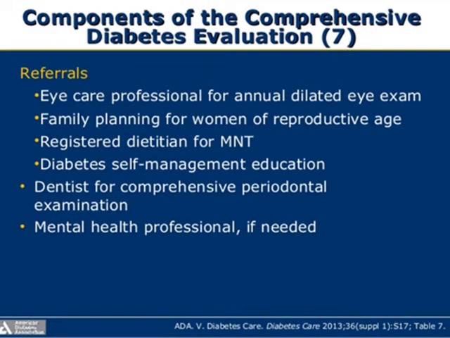When we refer the patient with diabetes mellitus, we refer the patient to an eye care professional for annual dilated eye examination and also for family planning for women of reproductive age. A registered dietitian for medical nutrition therapy, diabetes self-management education by the diabetes nurse, which is a very important part in the diabetes team. And also, we can refer the patient to the dentist for comprehensive periodontal examination. If needed, we may send the patient with severe depression